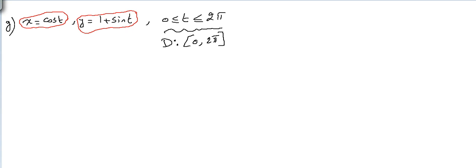Here we don't have limits, right? This is the domain, then we do the limits. Here we don't have limits because we have endpoints. We should know as